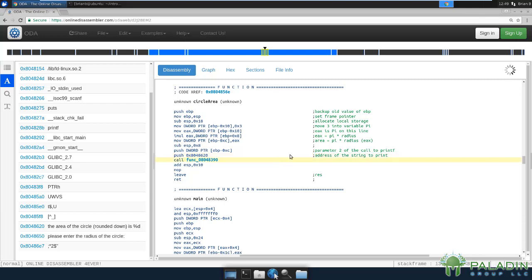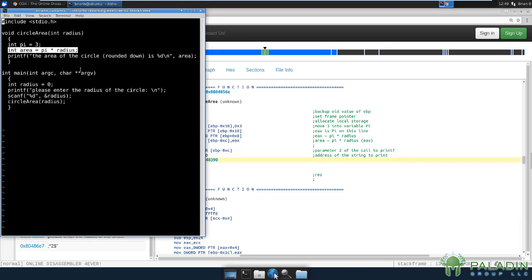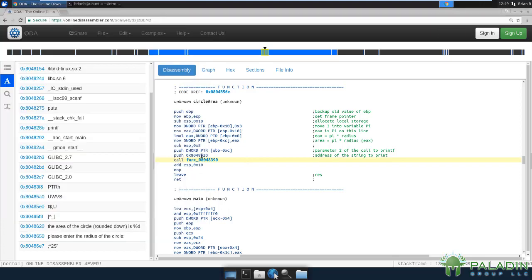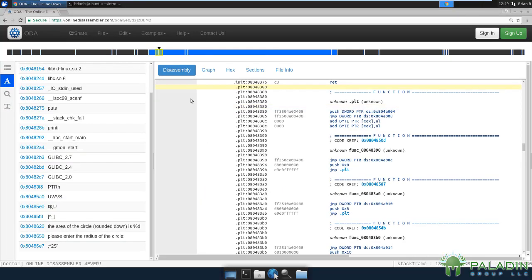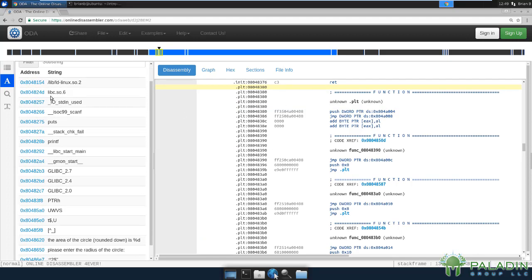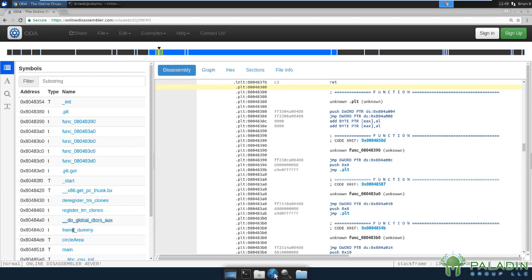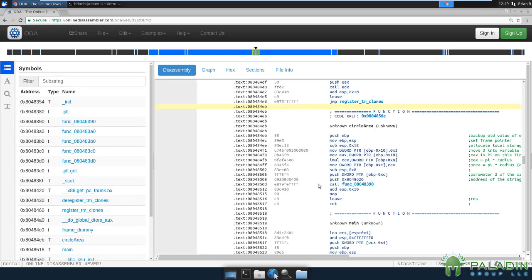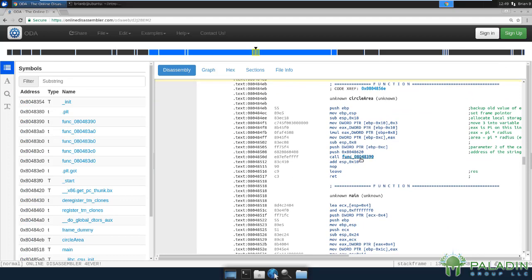And remember we mentioned that the printf statement was the area of the circle is, and then area. So remember we push from the right to left. So the first thing we pushed was actually area, and then we pushed the string. Then we call printf. So let's jump back to where we were. We were in circle area. Okay, good. So we call function